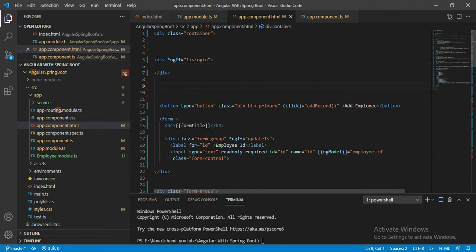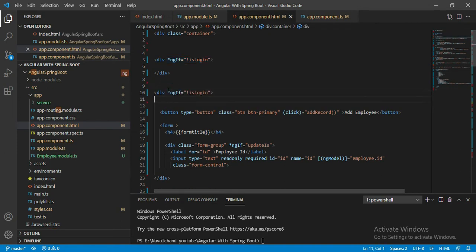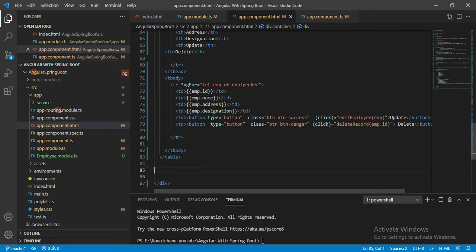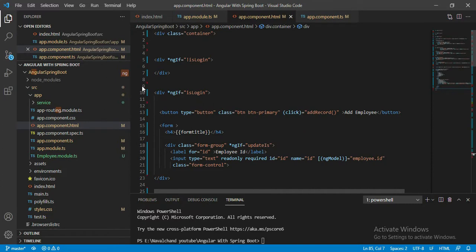And the second one is the ifLogin. I'll simply copy this, paste here, and remove this. And I'll close this div tag at the end of the page. That means if our application is logged in, then only show this CRUD operation content. If our application is not logged in, then show this login form.